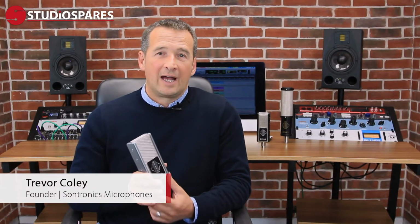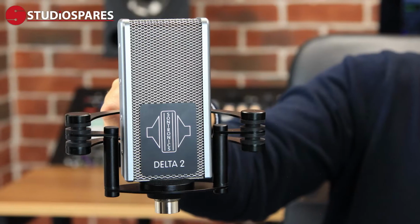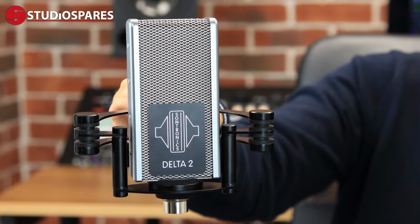The Delta 2 was developed over a period of years following the original model, which was launched in 2007. It was always designed originally for guitar amplifiers. It has an incredibly high SPL handling capability, but still delivers all of that natural classic tone that you'd expect to hear from a ribbon, which generally is a high frequency roll-off that starts around 5 to 7 kilohertz and then continues down, giving this incredibly intimate sound, essentially because it's not picking up lots of room reflections